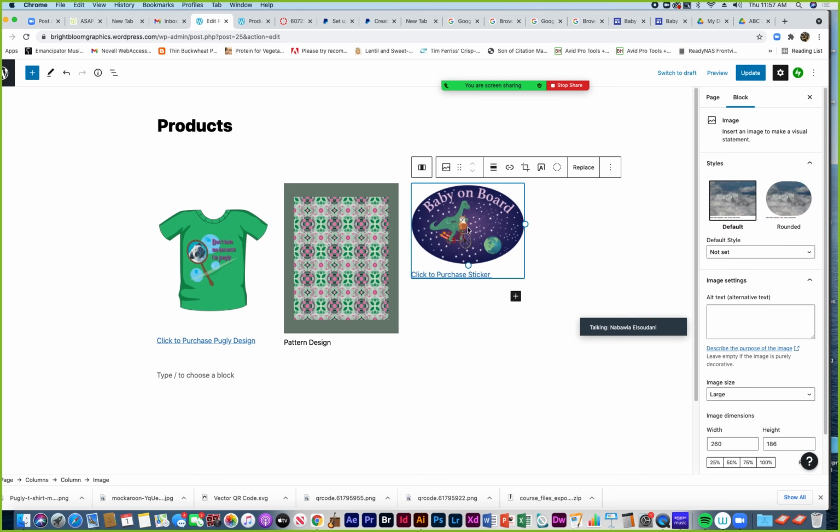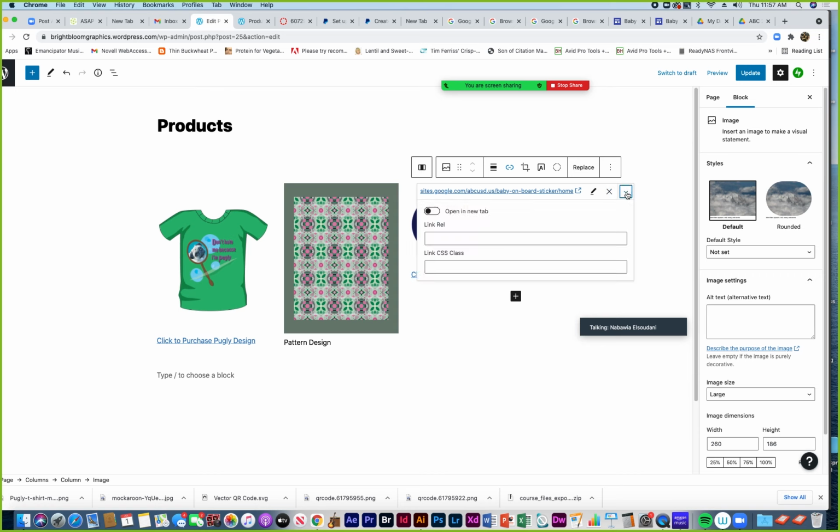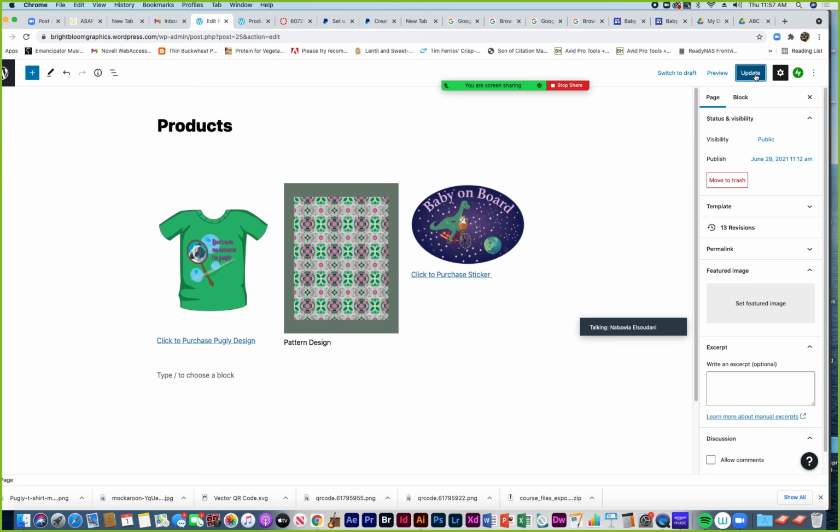But let me also do the image. So I'm selecting the image, clicking the link up here, pasting the URL, Command V, apply, and I can click the drop down here, select open in new tab, and that should be good. So then I click update,